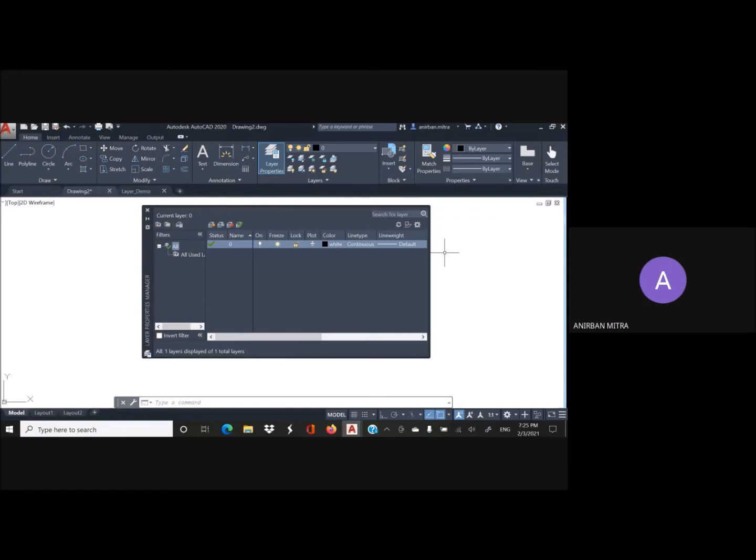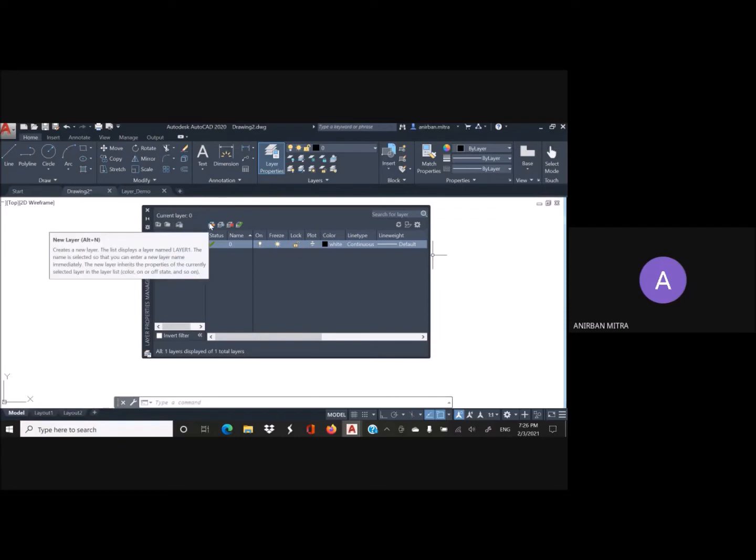Now the next obvious question is, how to create a new layer. For this, I will draw your attention to the group of small buttons that are present above the list of layers, or the table for layers that is created in the middle. And the first button is called the new layer button.